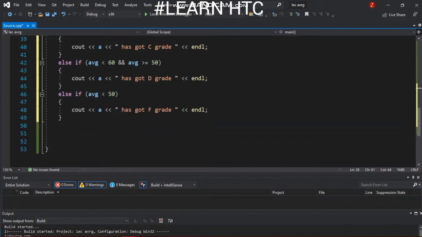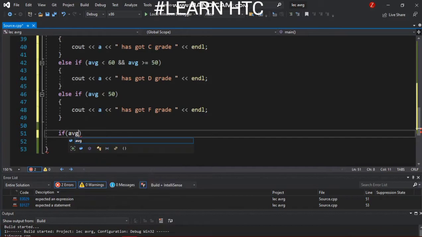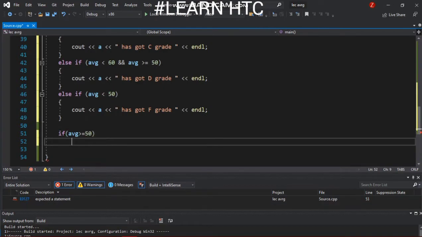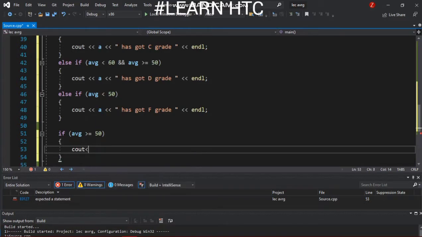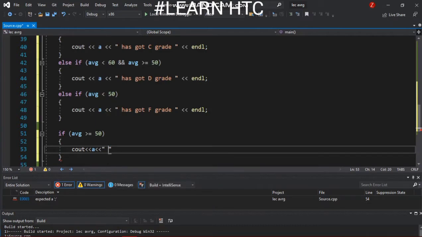Now if we want to check his or her status, whether he has passed or not, we will apply another if-else statement. If average is greater than or equal to 50, simply cout passed, or you can add is passed.